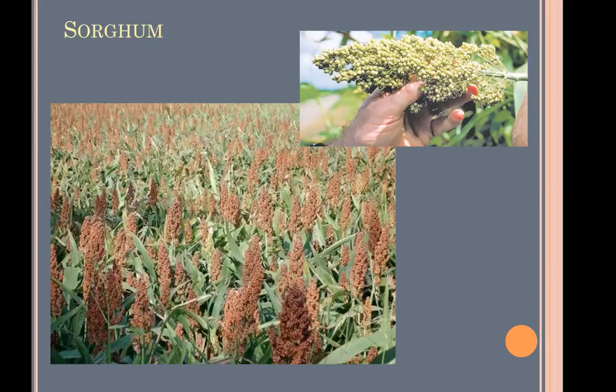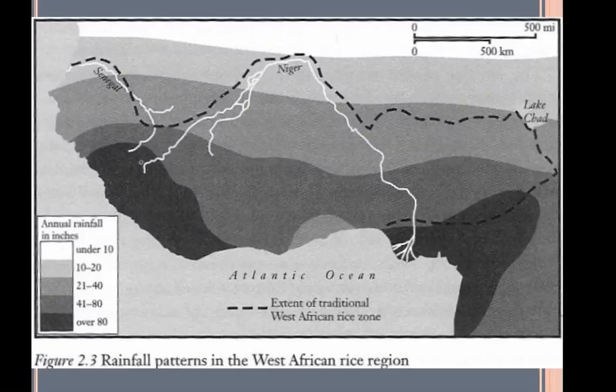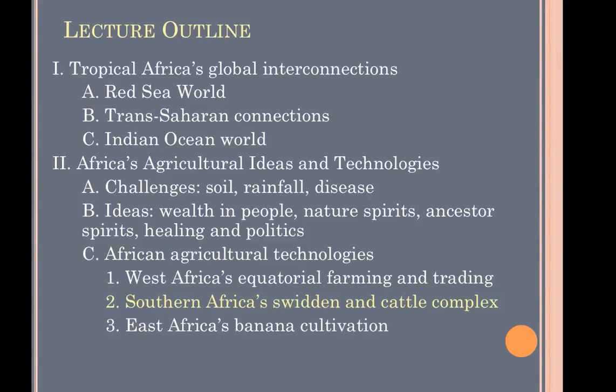I'm actually going to skip some of this, but I wanted to show you what pearl millet looked like, as does sorghum. These are the two indigenous African grain crops that were grown throughout sub-Saharan Africa. Further north, in areas that were less wet, that wouldn't drown them out, these were grown. Finally, in West Africa, in this region right here, basically the Senegal and the Niger River, was the site of indigenous African rice growing. We'll talk about this when we talk about the Atlantic world, but I just wanted to make you aware of it, just to reiterate. It wasn't in the book reading, but I wanted to put that out there.